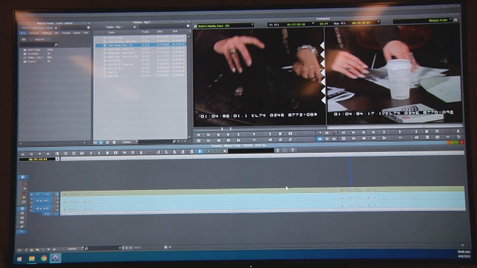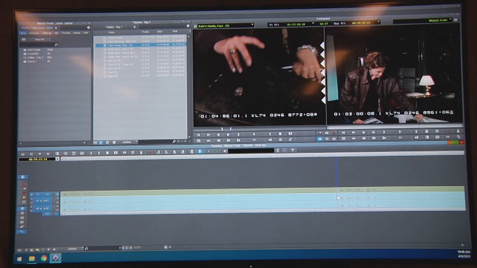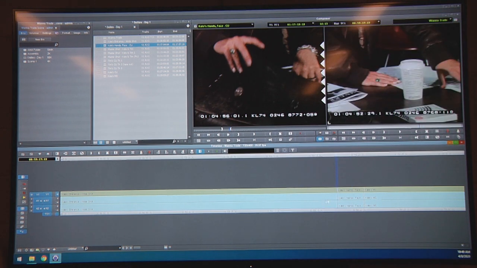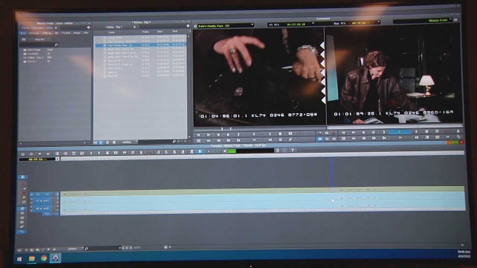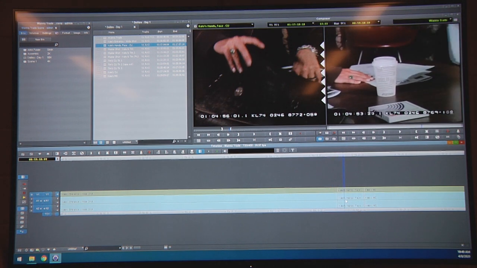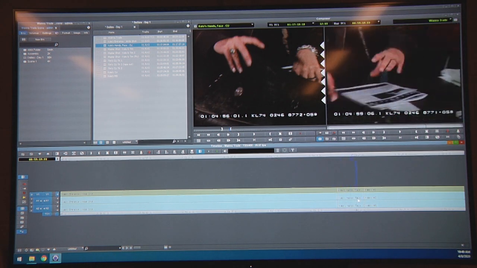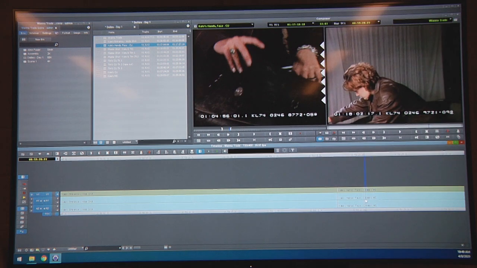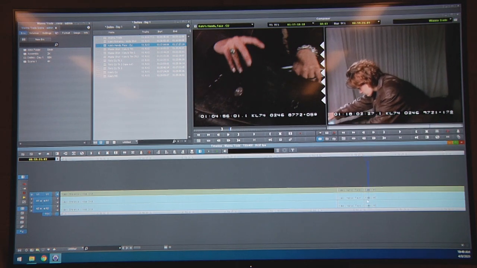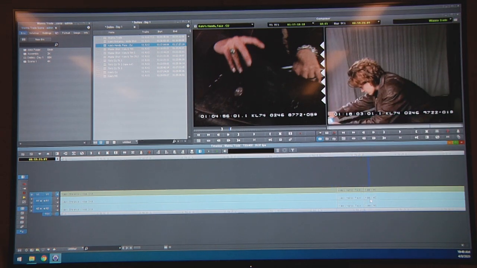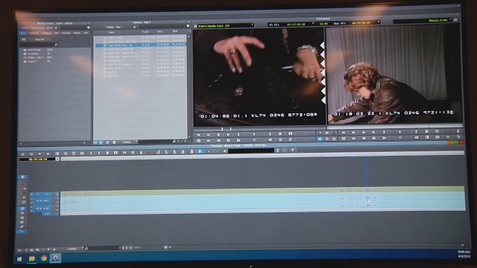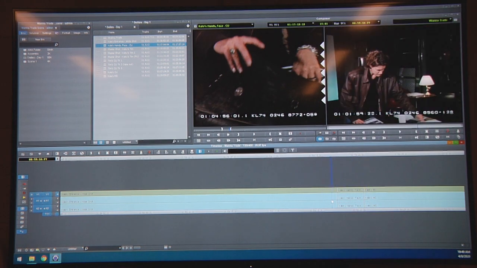Okay, let's do another thing. Let's say I've got this edit right here, and I want to match the action of her reaching for those papers with this close-up shot of her doing that. And maybe you could even do it on this back end too. Now these actually look pretty decent, but I'm going to go in a little bit more detailed and examine this